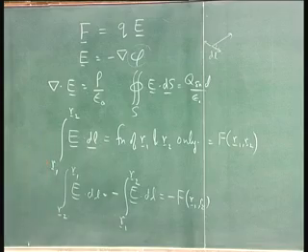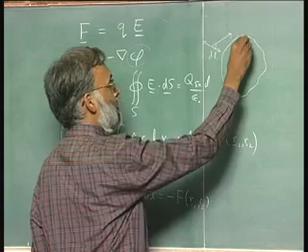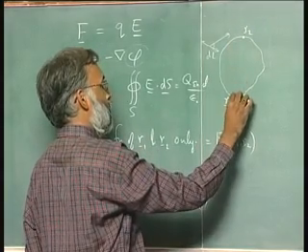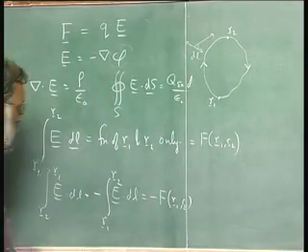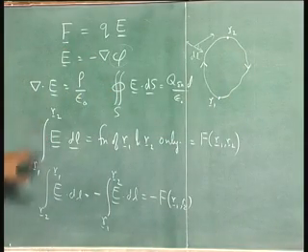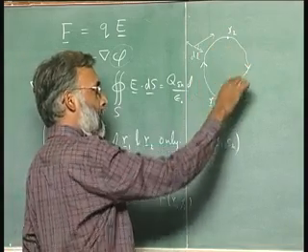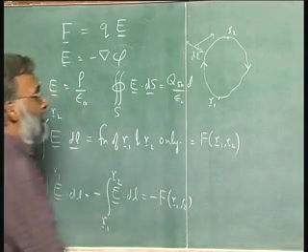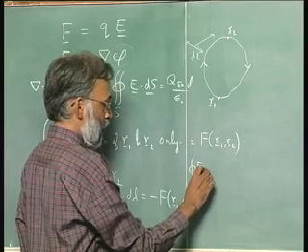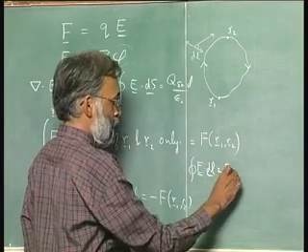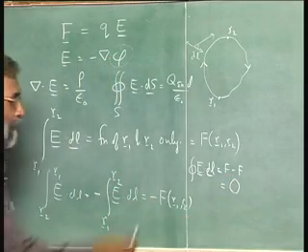So if I take any closed loop, this is my r1, this is my r2. If I go this route and then I come back on this route, that is like doing r1 to r2 plus r2 to r1. But effectively if I do both of these, I am going around a loop. And what does it say? It says if I go on any loop, E dot dl is equal to f minus f, which is 0. This is an extremely important result,